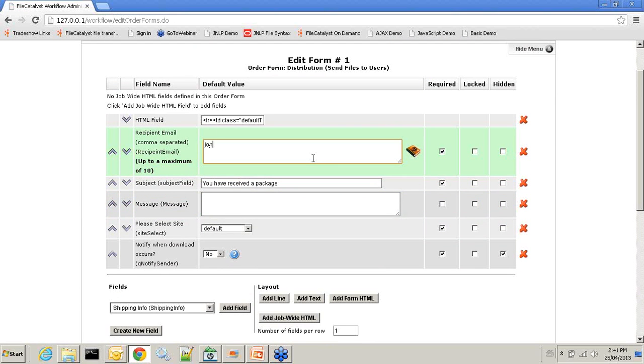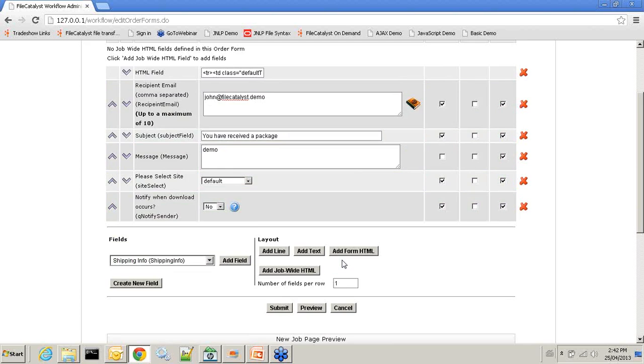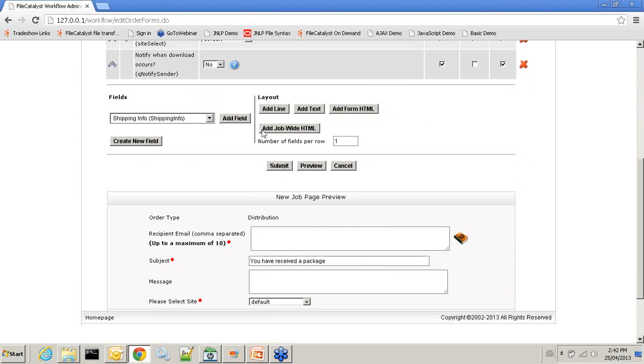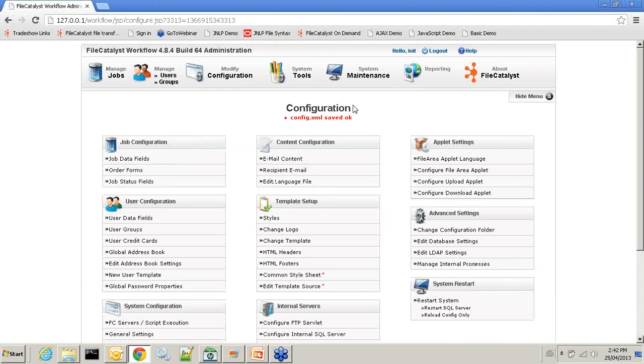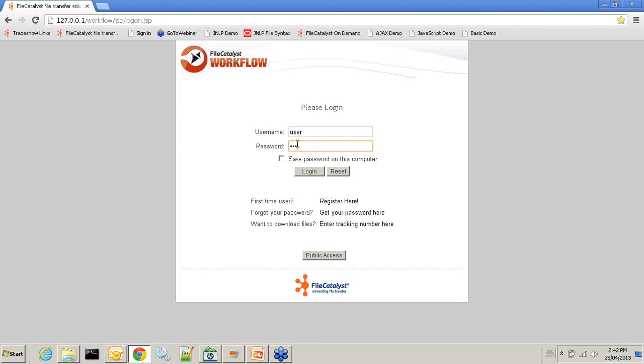So here, for example, I'll put a default value for this. I have to put some demo values, and I have to make these all hidden fields. By virtue of making these hidden fields and presetting the values for the user, once they click on this order form, they will not be prompted for the form. They will go right away to the upload applet. So now if I log in here as this user,